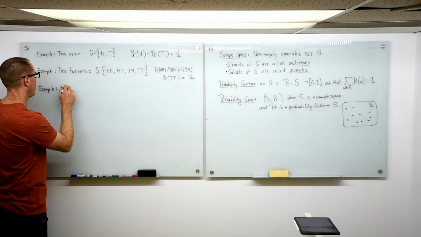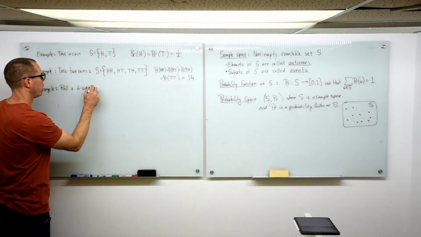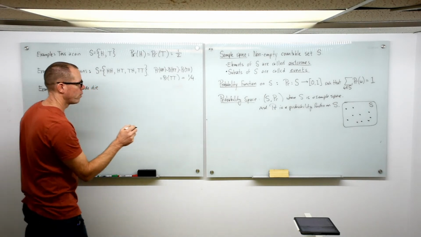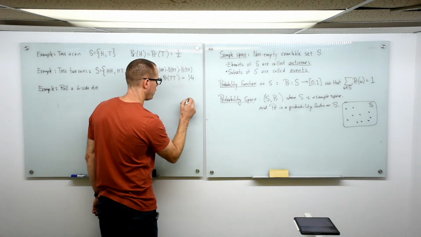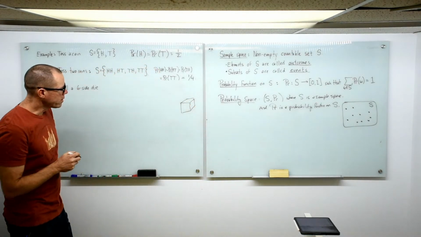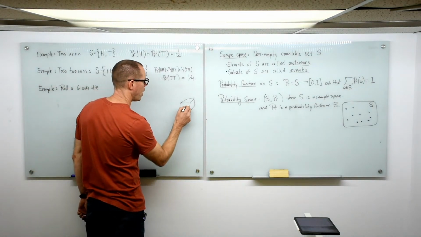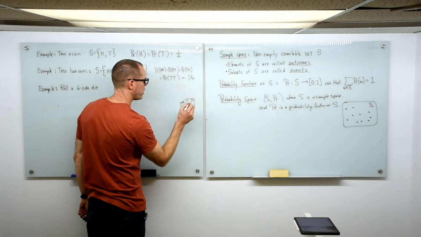We roll a 6-sided die. Okay. What am I talking about here? I'm talking about this thing. It's a cube. So it has 6 sides. On each of the sides, there are some dots. And what we care about